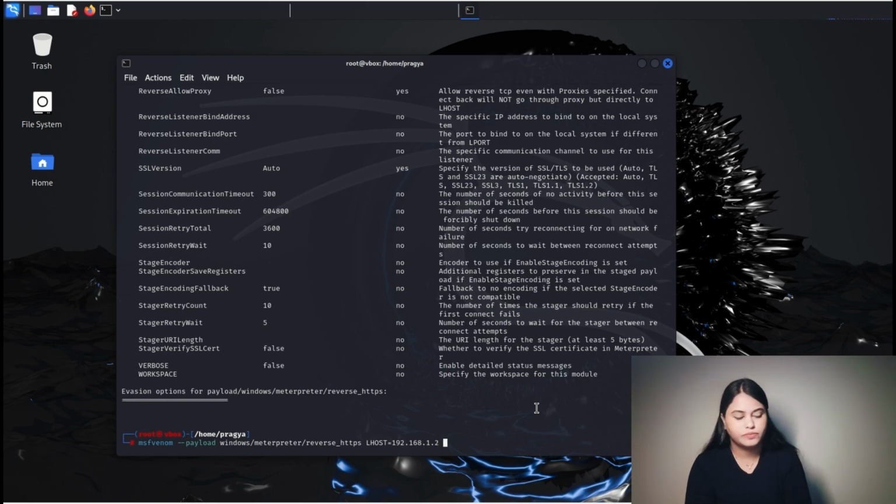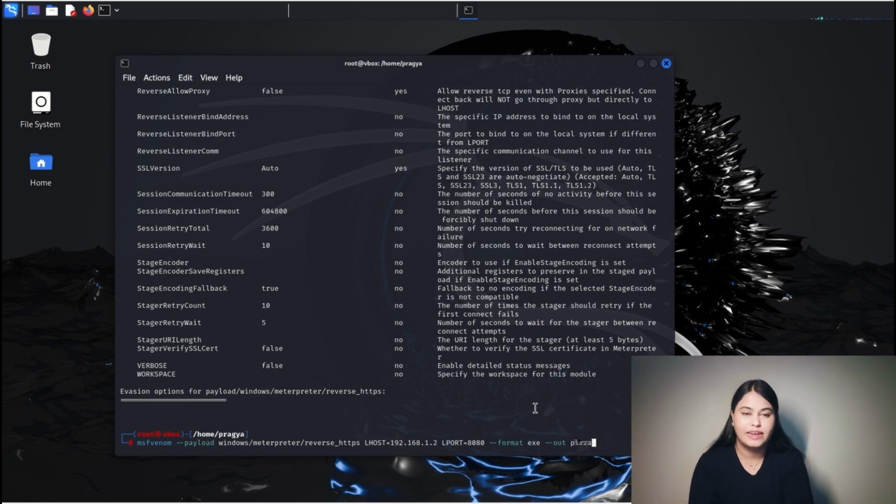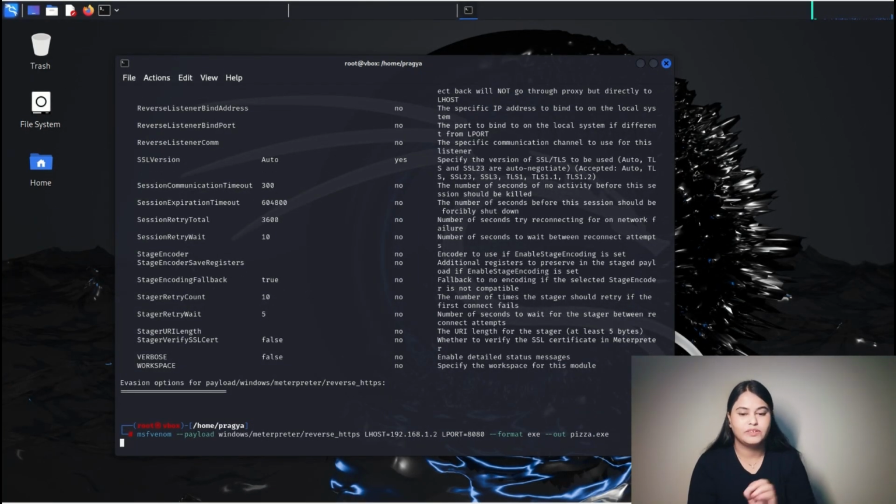The next thing is I also need to set the port on which I would be listening, so port 8080. And then I would be saving this in the format exe, and exporting it out. The file needs to be named pizza.exe. Okay, and I give enter.